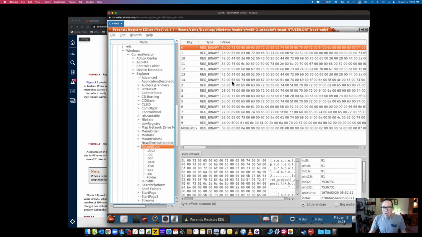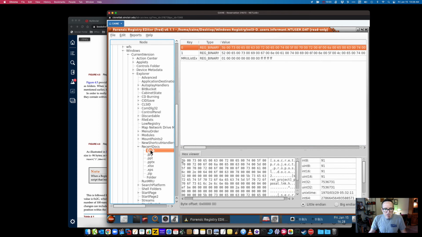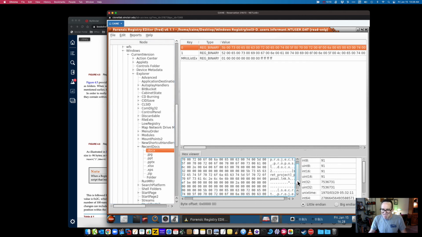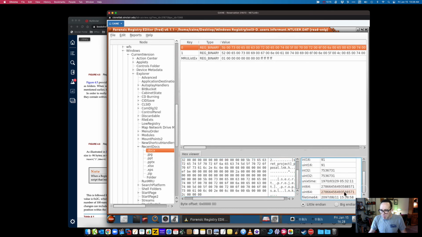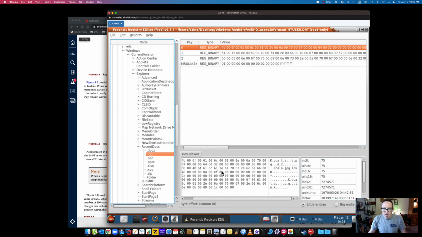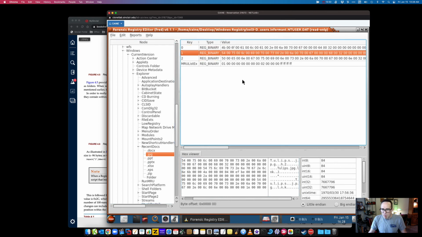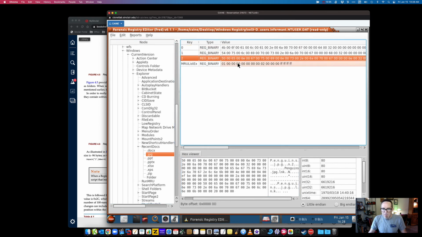So, but in this case, we can see here definitely a wealth of information. We can look at docs that are open in this case, and we can see things like secret project proposal.docx. So again, there's information buried in here in the hex, and there are times and dates, which might not be definitely 2097. A little bit in the future. You see the Unix date timestamp though here. But more important though is we can get a list of the files, JPEG files, which is a koala JPEG, some tulips and so on, penguins,